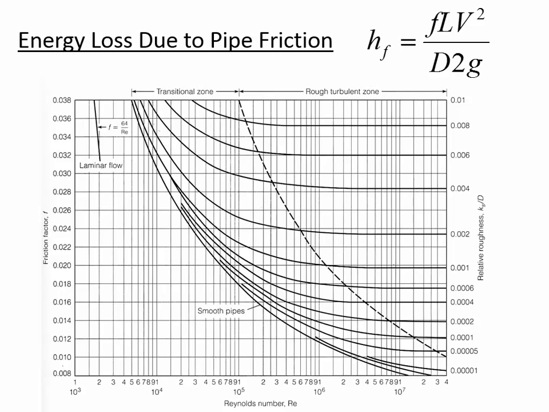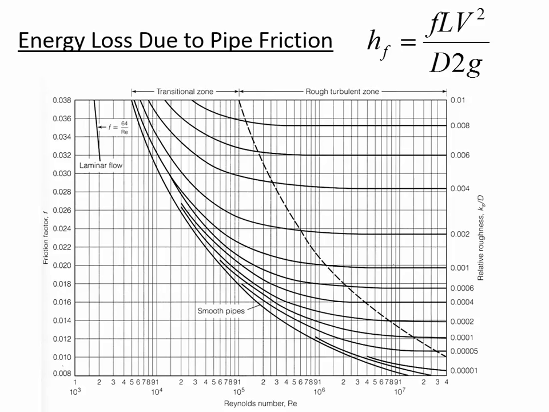And then this D is talking about the diameter of the pipe itself. So you're relating how tall are those ridges to the diameter of the pipe and trying to find out the ratio between the two, because that ratio is what you're going to use on this vertical axis on the right. So you would find the intersection of the Reynolds number and then following these curves, which each correspond to a